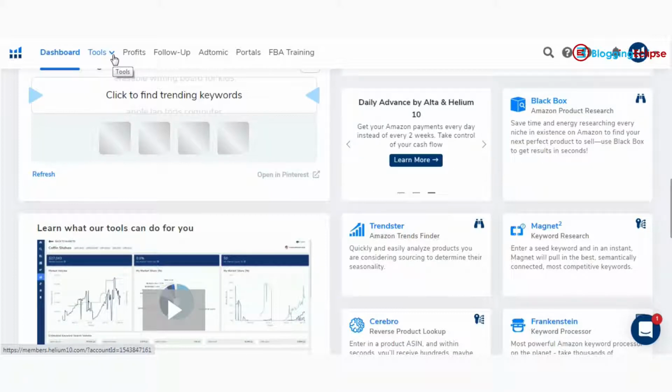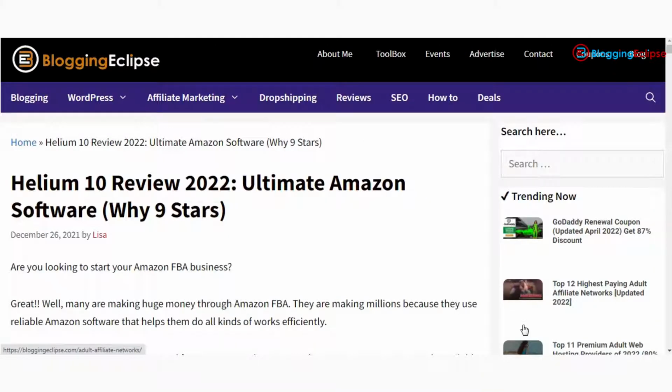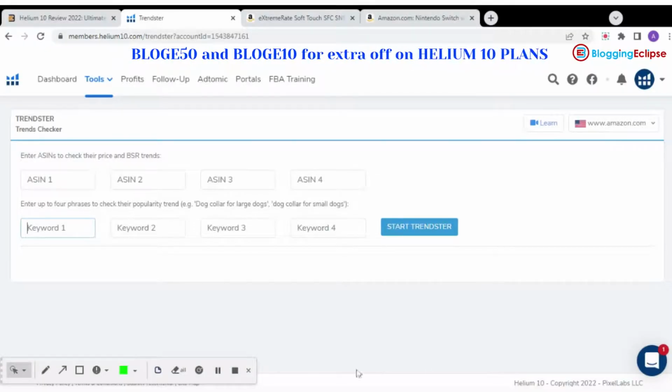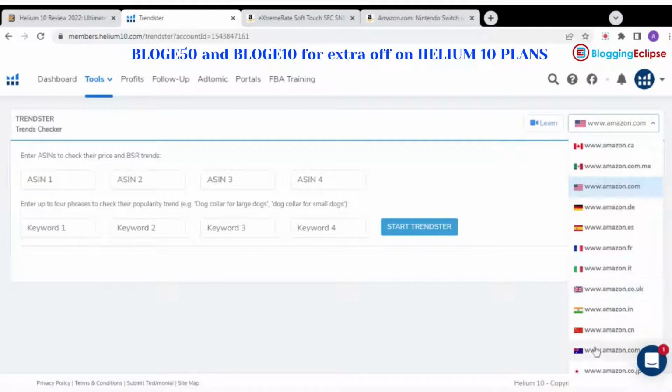Getting started with the tools, let's take a look at what exactly Trendster has to offer. I've logged into my account with the Amazon.com marketplace. You can come across different sections like Amazon.ca for Canada, and different places like India and even Japan, which is the newest addition to Helium 10.